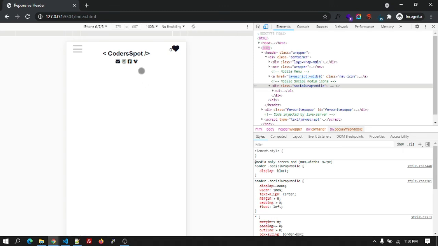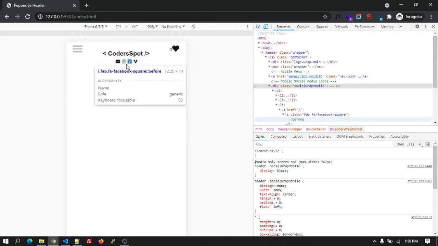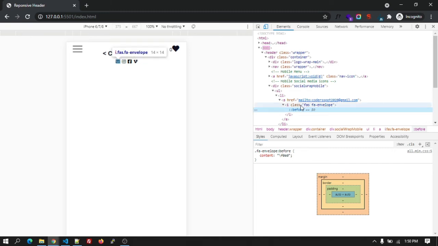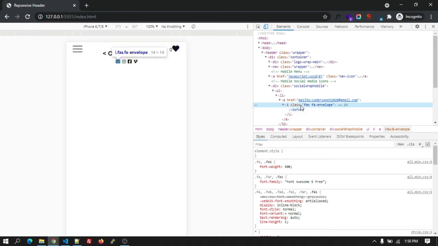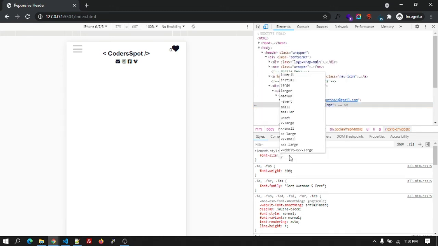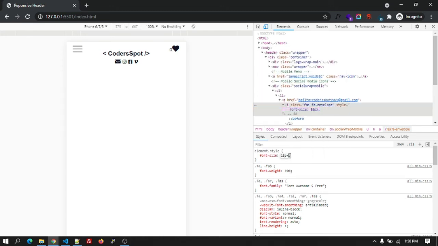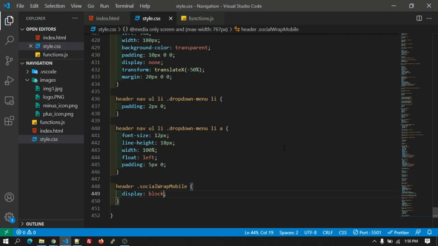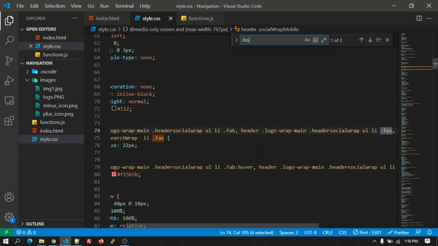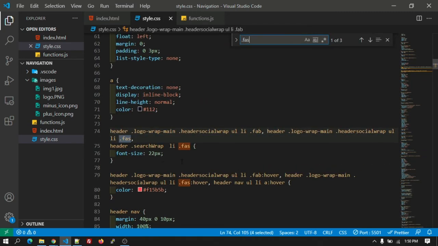Okay, but it should be very small compared to the desktop. Let's make it quite bigger actually in the mobile device as well. So let's make the font size 18 pixel, so it's much better. Already we have added for the desktop. The font size is 22 pixel.